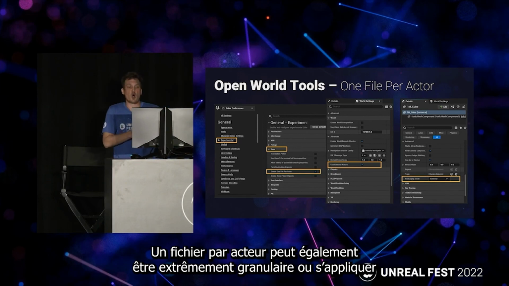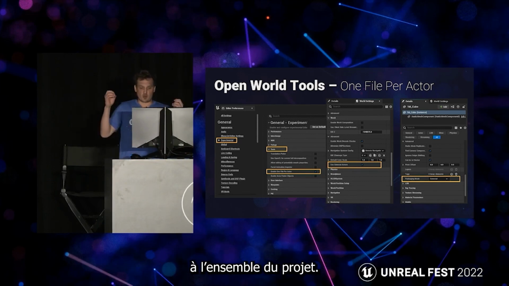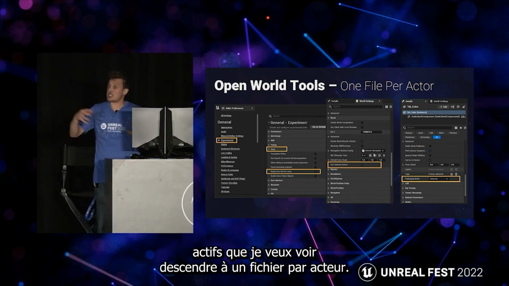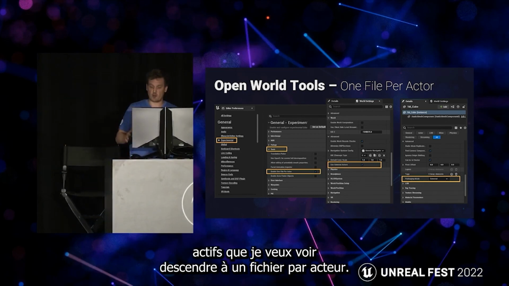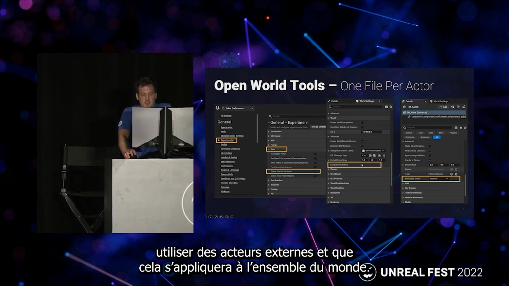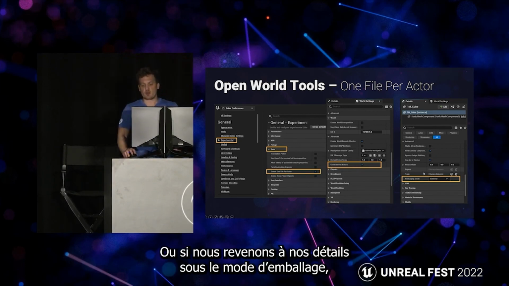One file per actor can also be extremely granular or done across the entire project. I can have only certain assets that I want go down to one file per actor. You can see here in our world settings, we can use external actors, and this will do it across the entire world. Or if we come down here to our details under packaging mode, we can have external